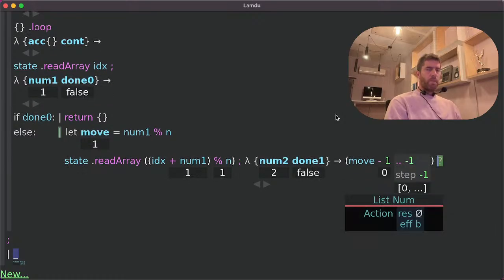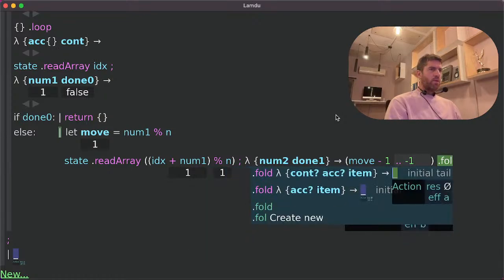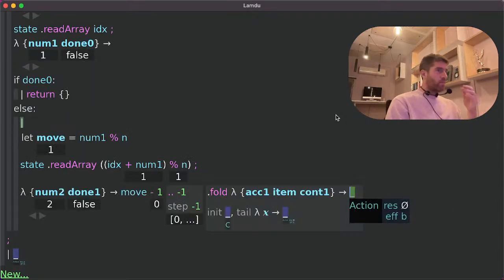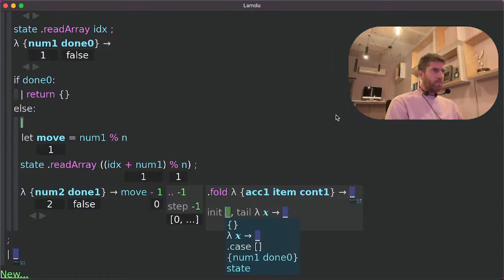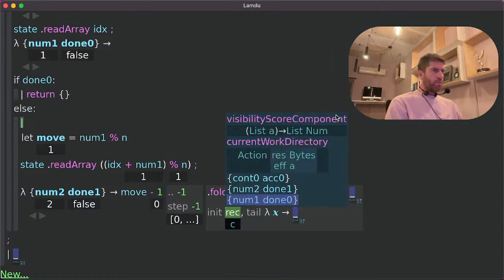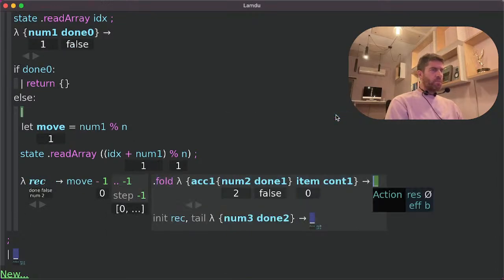And we'll fold over these, where the initial value is this record we have here. We will read the